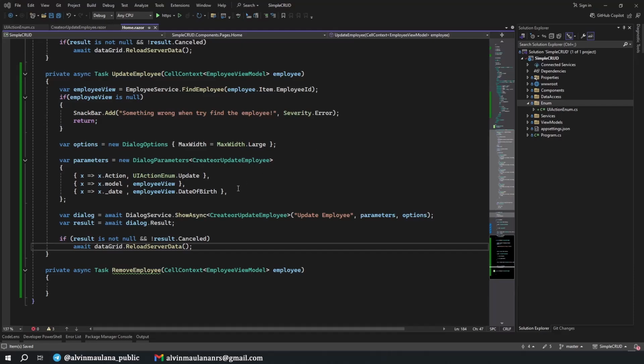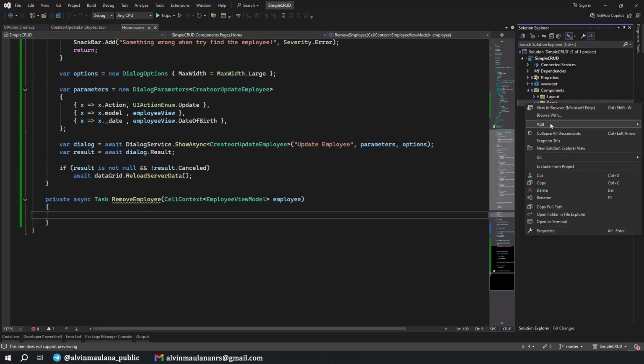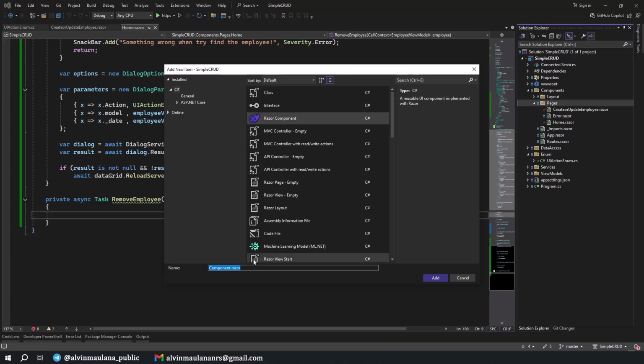The next thing we will do is removing the employee. And before we delete or remove the employee, we want to have a dialog to confirm with us. Are we sure we want to remove the employee or not? So for that we need to have another dialog. So just create another dialog in pages, that is fine. We can add a new Razor component, alert remove dialog confirmation. Better, remove confirmation dialog. Okay.